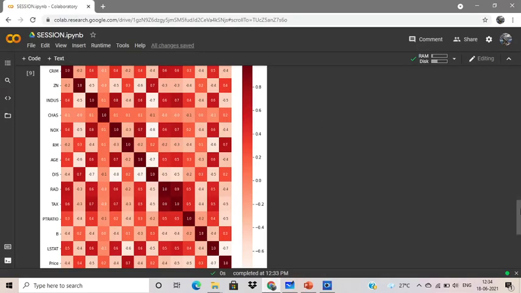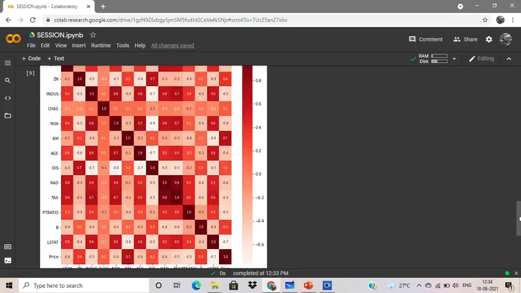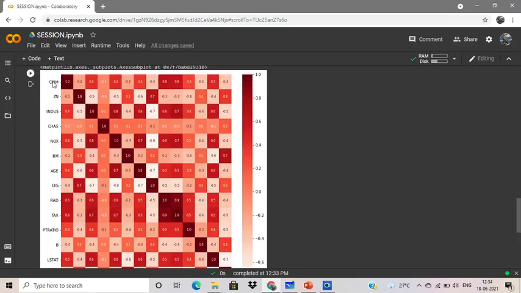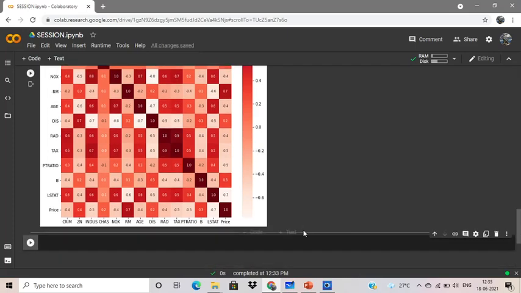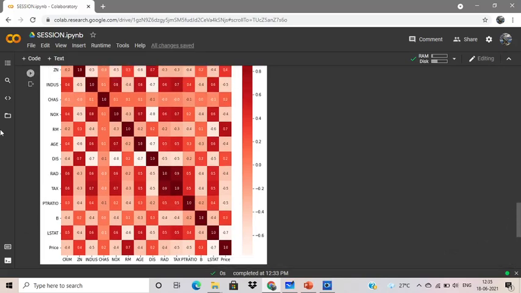So here you can see that our heat map is properly made and the whole code is running properly. Let me explain. Here are crime rate, number of rooms, age, and different columns, and the same columns are here also. This is our target column, price. If the number of rooms in the house increases, then definitely the price of the house will increase. So you can see that it is positively correlated, 0.7 positive. And if the age of the house is more, then definitely the price of the house will decrease. So you can see that it is negative, minus 0.4.